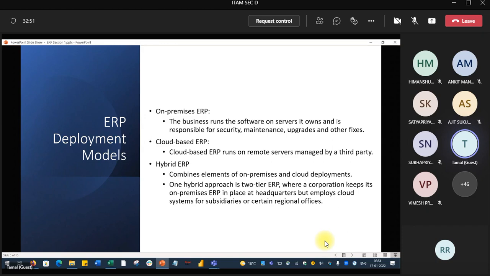So what does it take? You have to build an infrastructure, hire a space, hire a team of IT professionals, purchase the hardware, which is quite costly, purchase the software, also costly, and then this team will implement all those things. So this is on-premise ERP implementation, which was majorly there in earlier days. Now with the advent of the cloud, what happened? ERP has been delivered over the cloud, at half the price. The cost is almost 50% less.